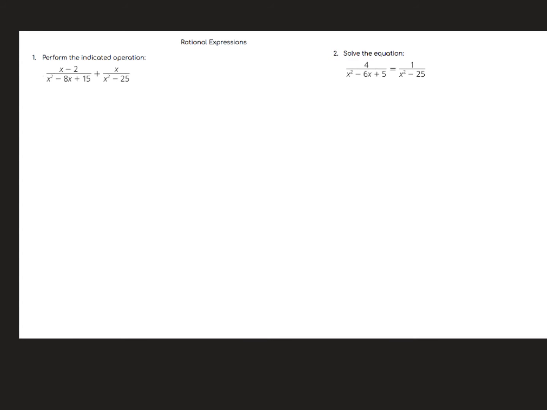Alrighty, friends, let's figure these problems out. So we've got to perform the indicated operation. I see an addition symbol there. So when I'm adding or subtracting fractions, I want a common denominator. So I think my first move is going to be to look at the first denominator